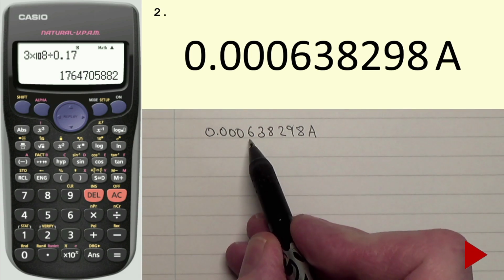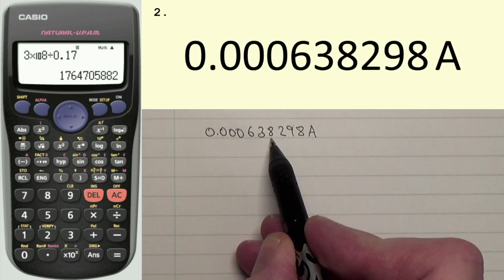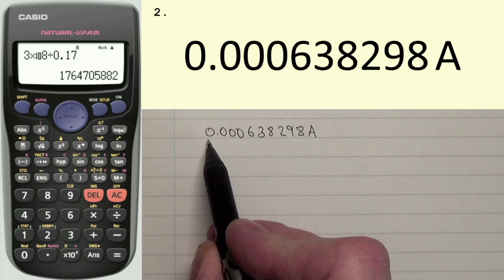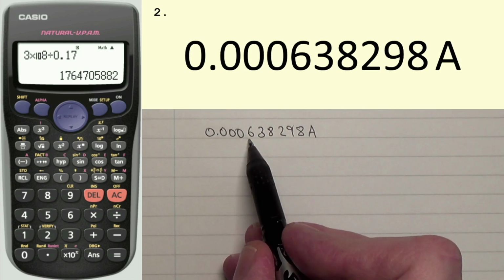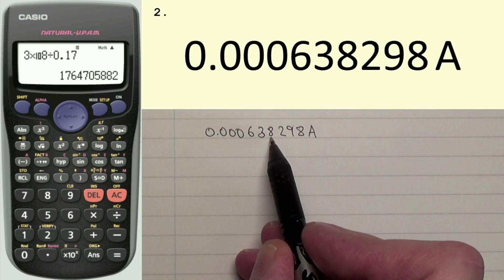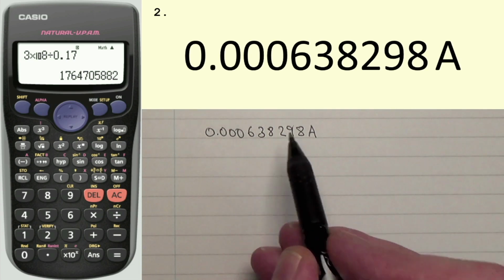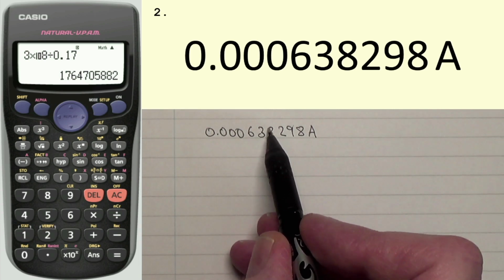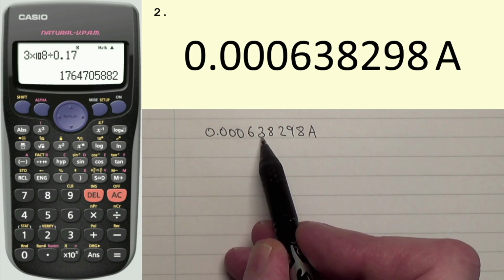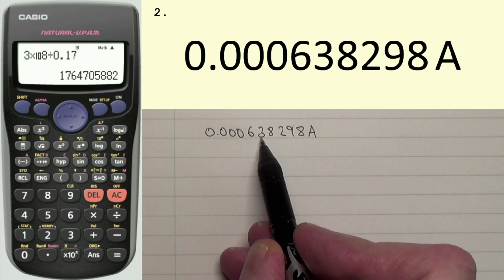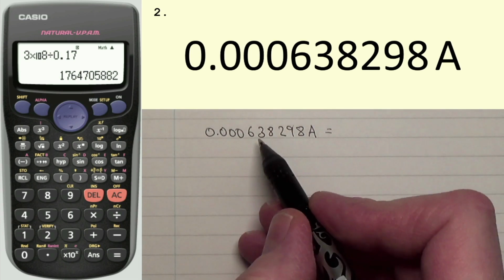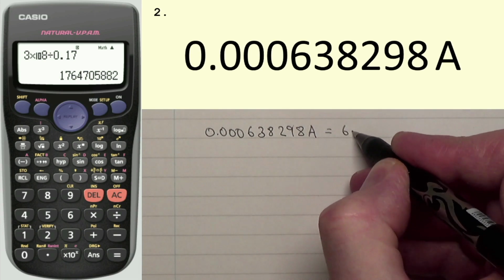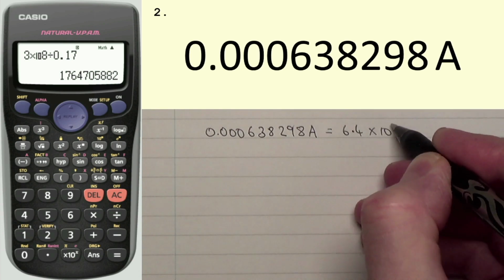Now, if I look at the first 3 of the non-zero numbers, so I ignore these zeros here, the third of those is an 8, so of course that is bigger than 5. So remember, if this is 5 or larger, I then have to round up the second value. And that means that rather than writing 6.3, that's going to be 6.4 times 10 to the power of negative